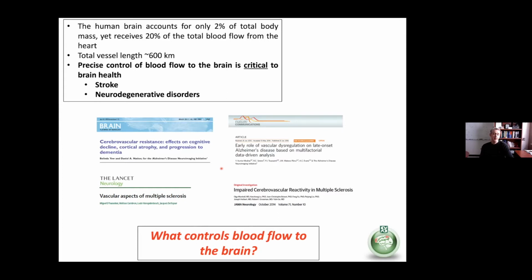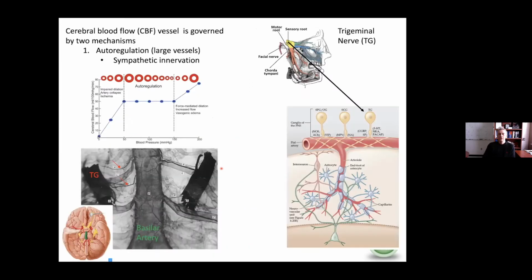So today we're going to look at a relatively simple question that we think we'd have an answer to, but it turns out that it's actually extremely complex. And that question is, what controls blood flow to the brain? More specifically, how on earth does the heart schlep blood from three arteries to a specific brain area without schlepping it somewhere else? So typically when we think of blood flow and blood control, two things come to mind. The first is the concept of autoregulation.